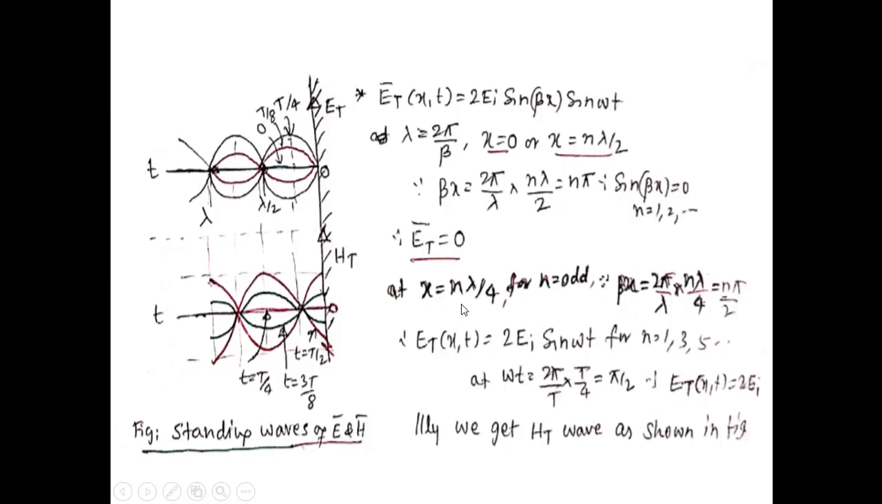At x is equal to n lambda by 4, for n odd, beta x is equal to n pi by 2. Therefore, Et of x, t is equal to 2 Ei sin omega t, for n is equal to 1, 3, 5. Therefore, at omega t is equal to pi by 2, Et of x is equal to 2 Ei. Similarly, we get Ht as shown in the figure. So you will get 0 for the electric field at lambda by 2 and lambda, and for the magnetic wave, we will get 0 at lambda by 4, etc. The waveforms are shown in